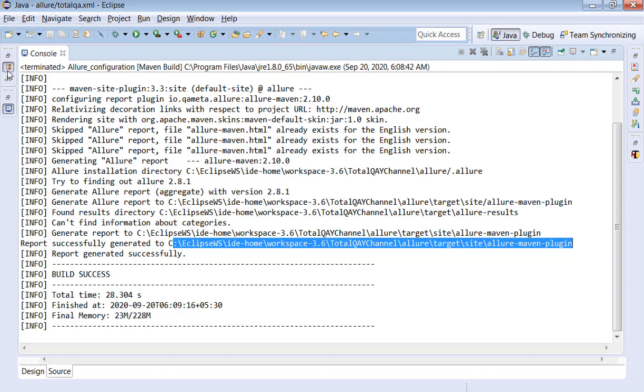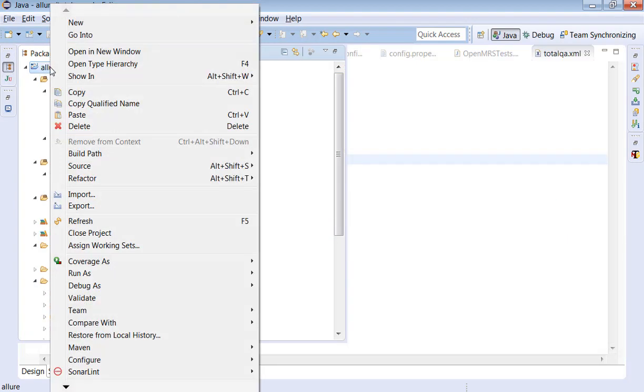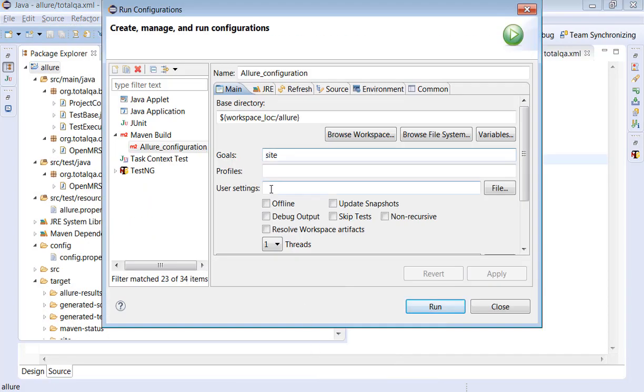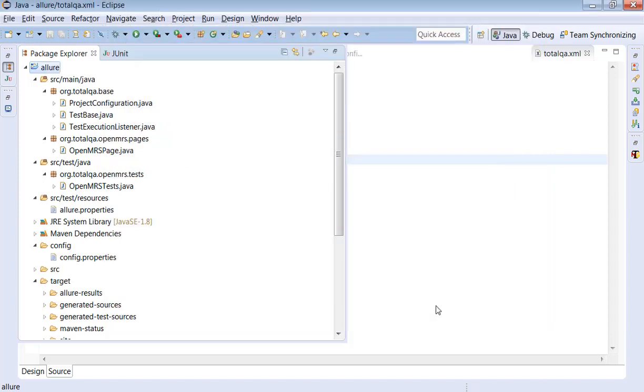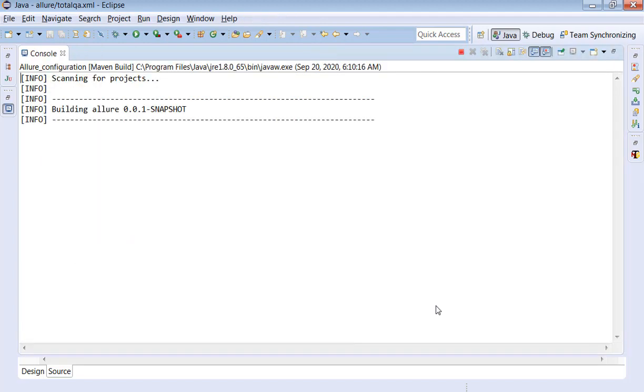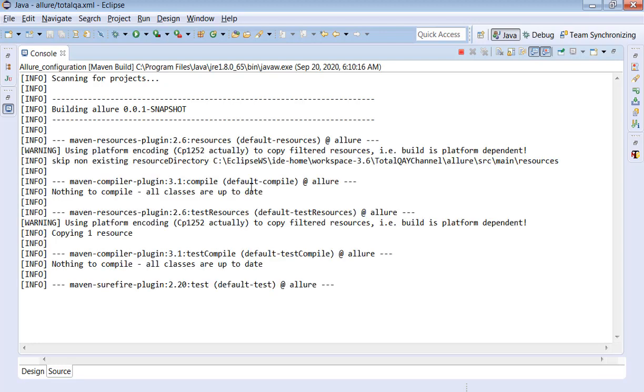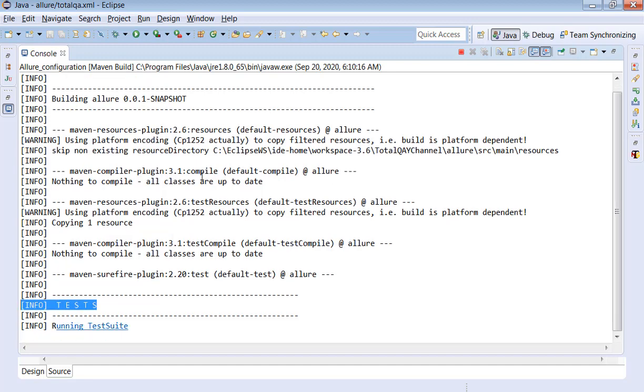Let's do one thing. To get the retries tab loaded here, let's try to run the project again one more time. Right click. Run as, run configuration. Here we have to put test. Let's put test right now. Apply, run it. Let's try to run multiple times. Then we know how this report is getting generated, the results. Just wait for a few minutes. This will rerun again and try to execute the test cases. Okay, it is calling test now. All classes are up to date. We're executing the test case again.